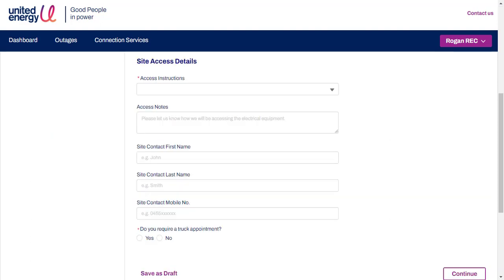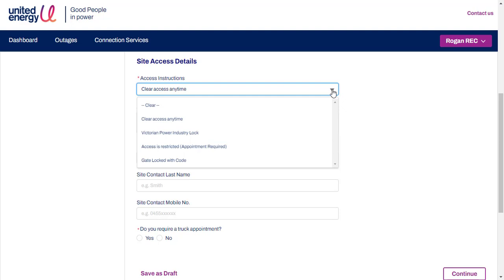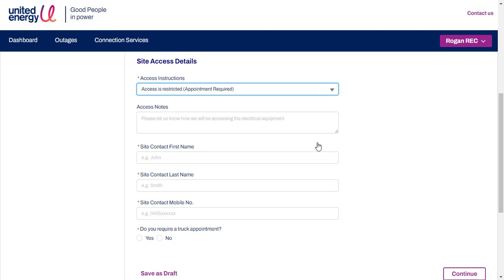Scroll down to Site Access Details and enter the information in the required fields either by typing or selecting from the drop-down menu provided. Though you aren't required to provide site contact details under normal circumstances, if access is restricted or gate locked with code are selected in the Access Instructions field, the Site Contact Details field becomes mandatory and